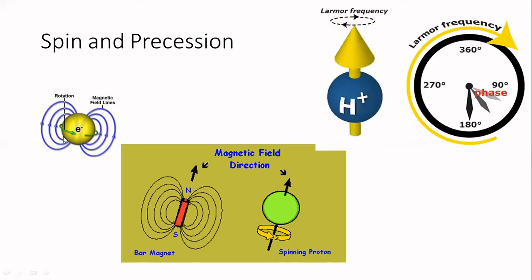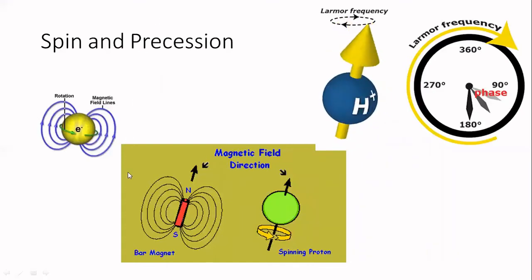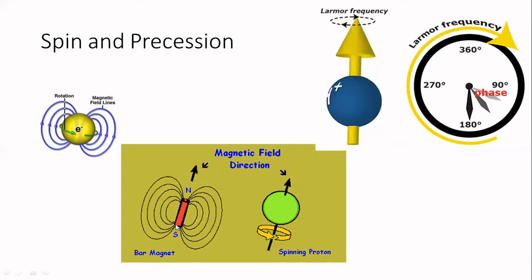Here, the first image is an electron, a charged particle. Whenever a charged particle is spinning, it will have magnetism around it. There is a magnetic field around it. So in MRI, we are specifically talking in terms of protons, right? The positively charged proton particles, when they are spinning, will have a magnetic field around them. Each spinning proton or electron can be represented like this bar magnet. The magnetic field lines will be something like this.